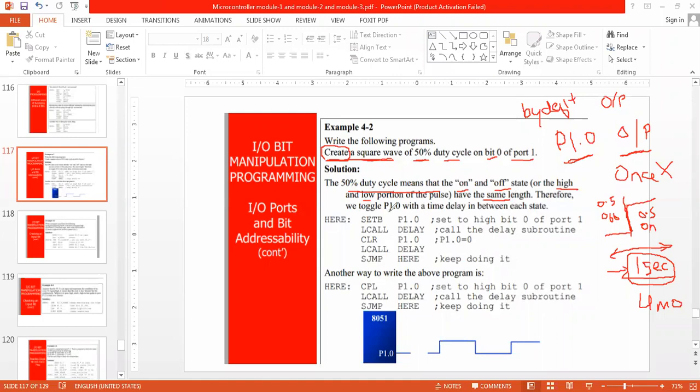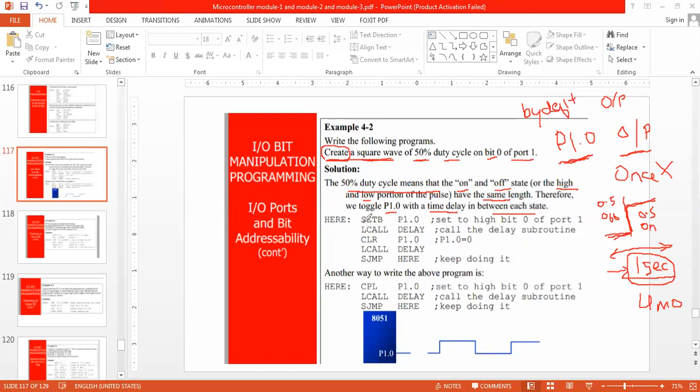Therefore we toggle P1.0 with a time delay between each state, and the time delay is the same for on as well as off. If I say 0.5 seconds, it is 0.5 seconds off, 0.5 seconds on.